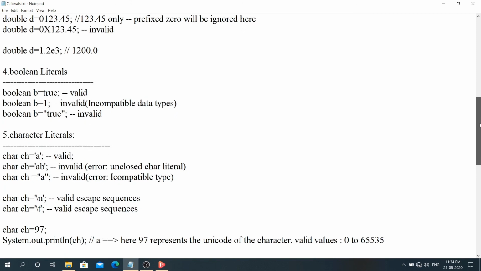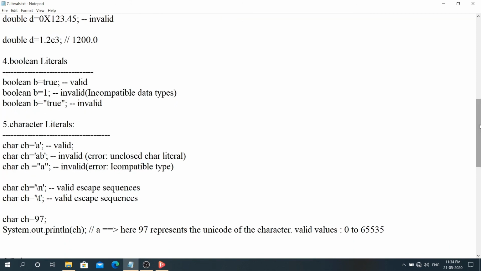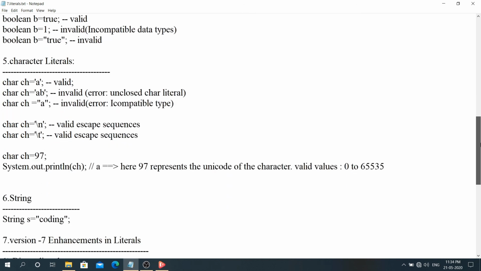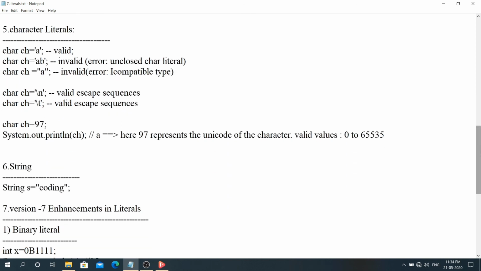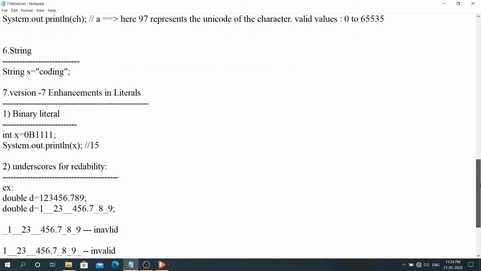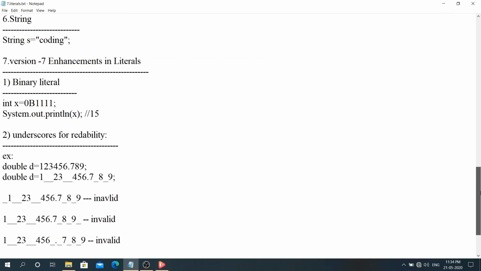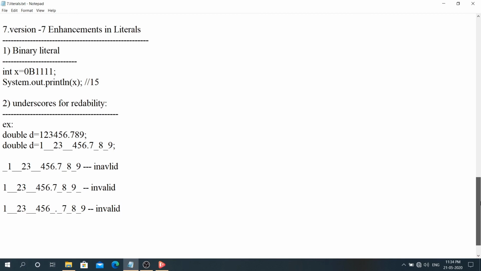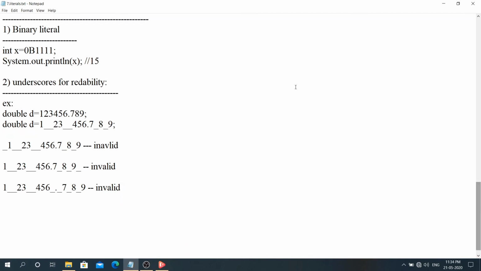For Boolean literals we use two values only, either true or false. For character literals we saw some points, for string literals we saw an example, and in the version 7 enhancements we saw two features: binary literals and the usage of underscores for better readability.